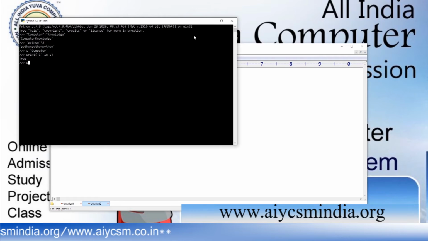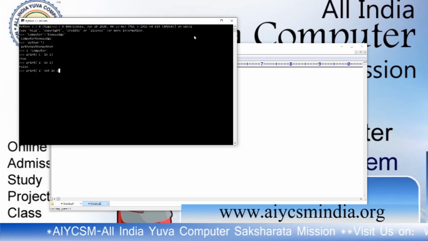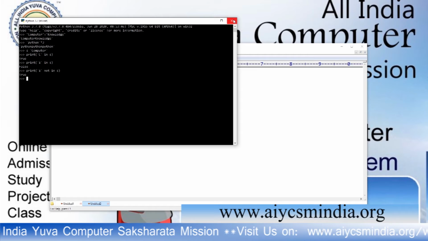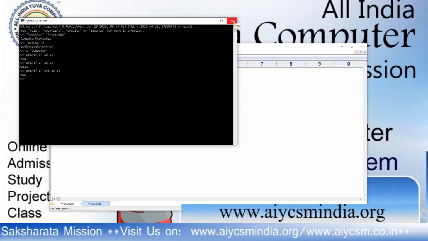Print Z in S, it will return false. Print Z not in S, it will return true. So that's it. Now we have to execute rstrip, lstrip or strip.